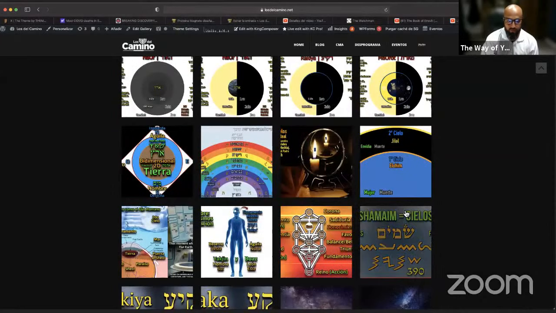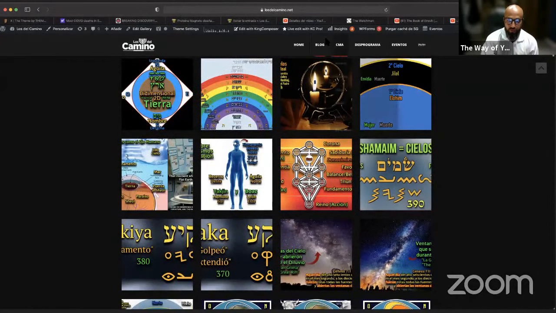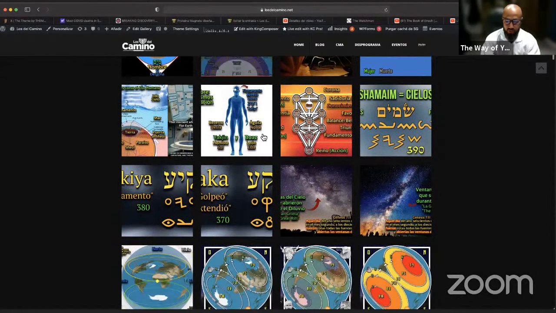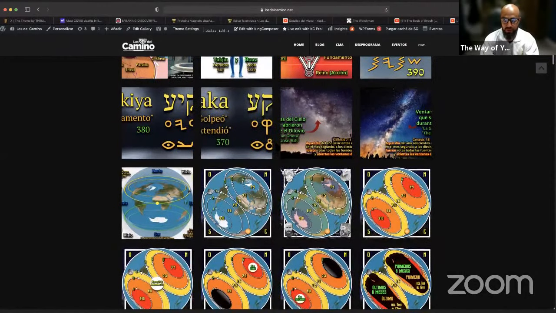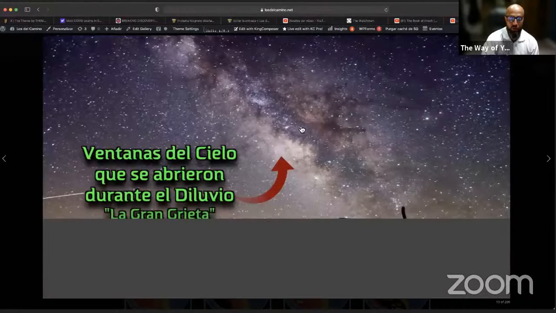So, hopefully you're seeing the images. By the way, this is the window in the heavens which was open. They call it the